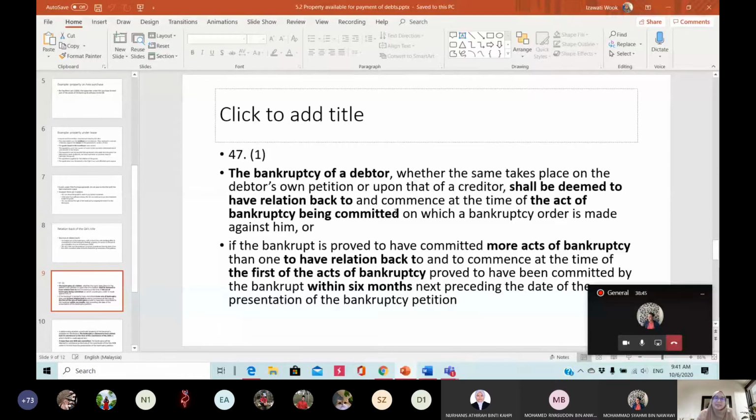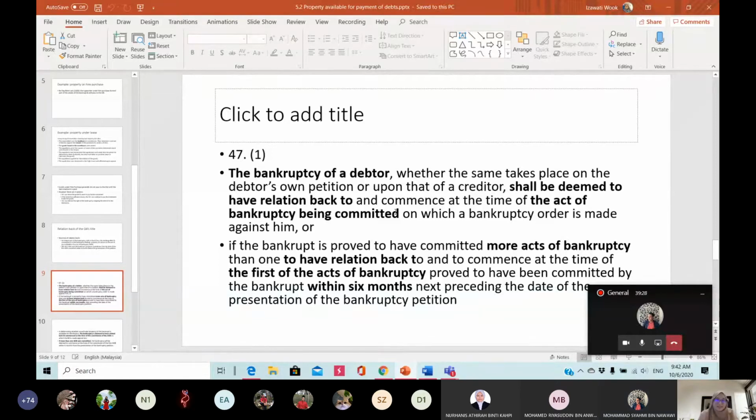Okay, so there are also other situations of act of bankruptcy. For example, if we look at A, it is conveyance of property. A to C is about conveyance of property. So this is commonly the situation where the doctrine of relation back applies. Okay, for example, under section 3 subsection 1 paragraph A, if a petition has been filed in the court based on paragraph A, that is, a conveyance of property is made by the debtor to another person. Okay,